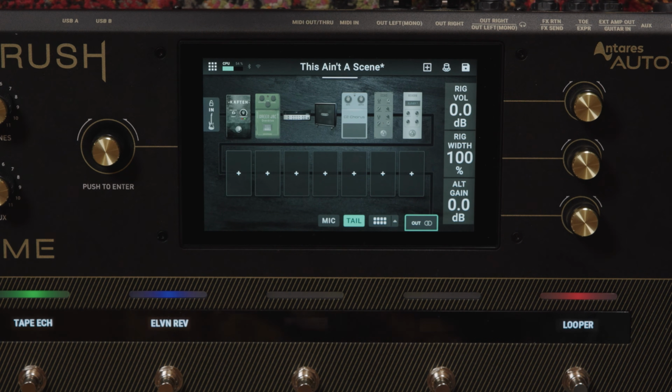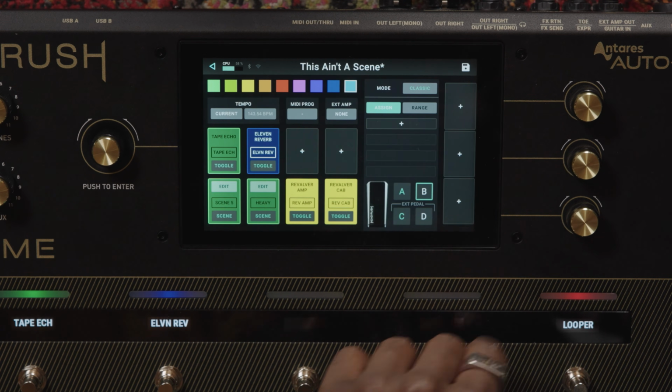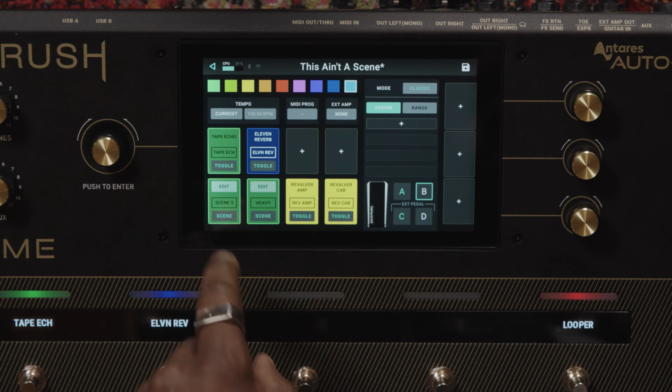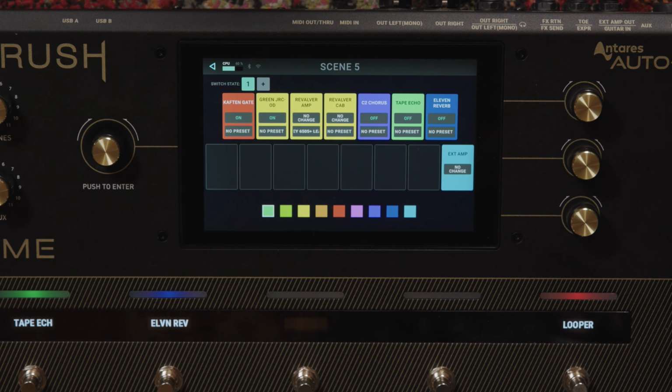Next, what I want to do is create a clean version of this rig with the chorus and time effects turned on. So let's go back to hardware assign. I'm going to do a new clean scene next to my heavy one. Just hit this until it changes to scene, and then press edit. Now for my clean scene, we can turn the gate off,